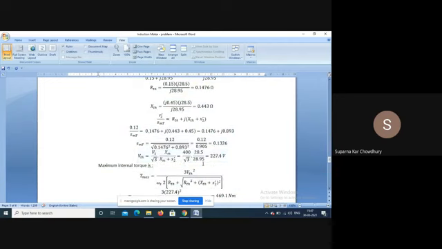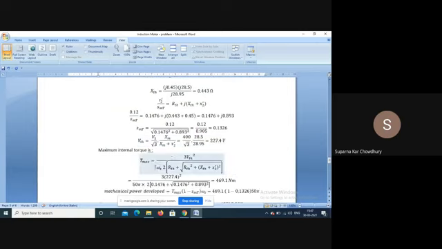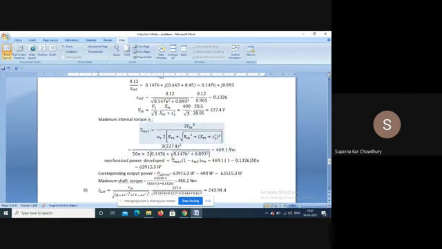Now from the equivalent circuit, V Thevenin is equal to V1 by root 3 times XM by XM plus X2 dashed. So putting the values, this is 227.4 volt. So the maximum torque expression, which we have derived, is equal to 3 V Thevenin square divided by omega s into 2 into R Thevenin plus root over of R Thevenin square plus X Thevenin plus X2 dash square. We have all the values.